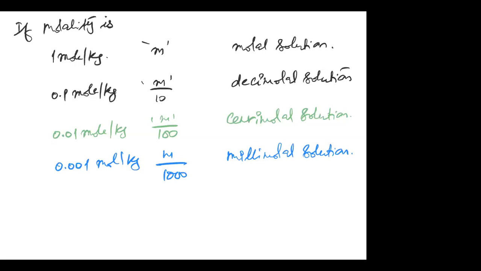The basic idea of all these concentration terms is, apart from their definition, you should know how to convert them into each other. For example, if molarity is given, you should be able to calculate molality. If molality is given, you should be able to calculate mole fraction. If mole fraction is given, you can find out molarity, molality, and all these things. So to find the correlation between them, the next question for today's lecture, I hope it is question number 6 or 7. So question number 7 is,